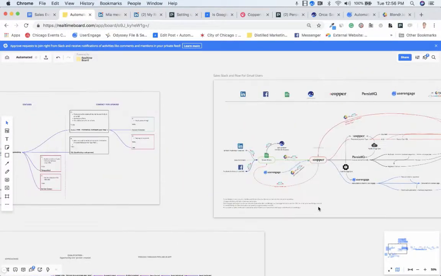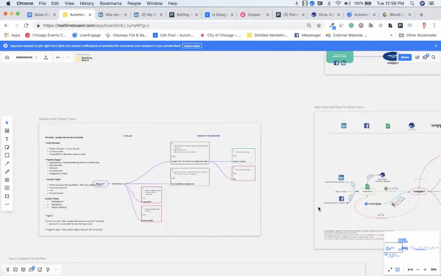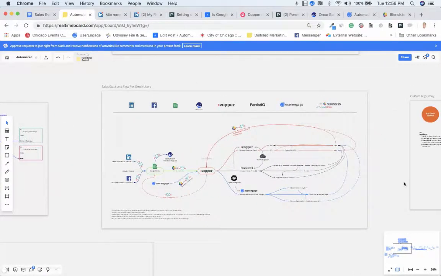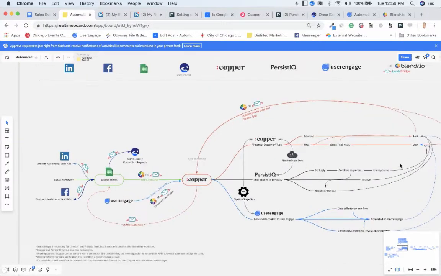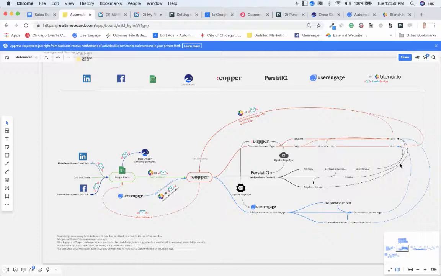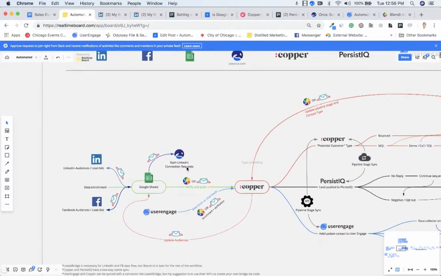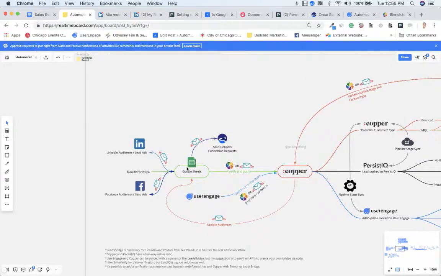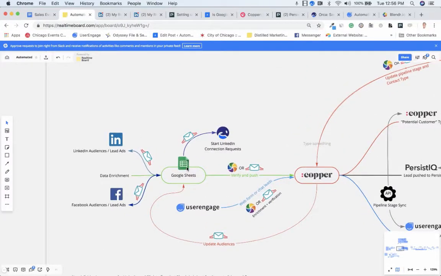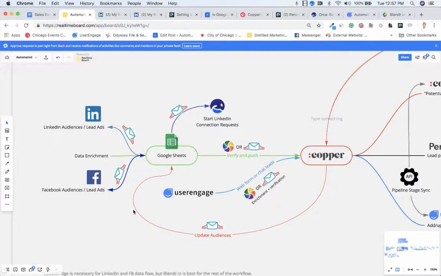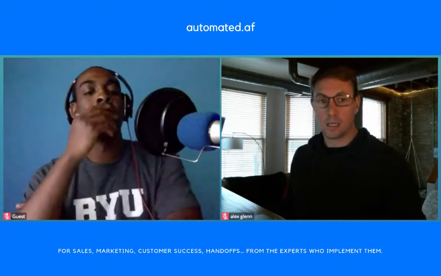Now let's talk about what happens when you have a LinkedIn messaging system going on. In our system right here, we have Copper and Persist. That's running CRM and cold emailing. Now to add LinkedIn connections and to make sure that those LinkedIn connections are being added to your CRM automatically when they reply to your message as a lead, we use Orca. Use Orca.com,